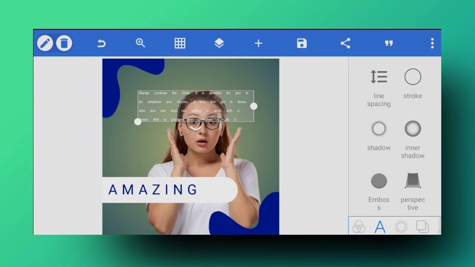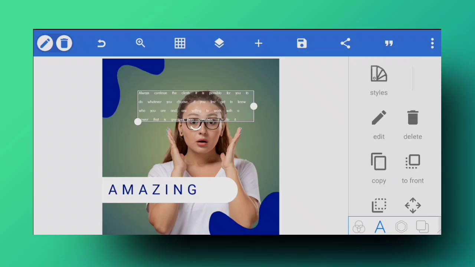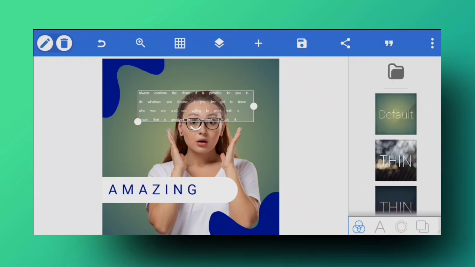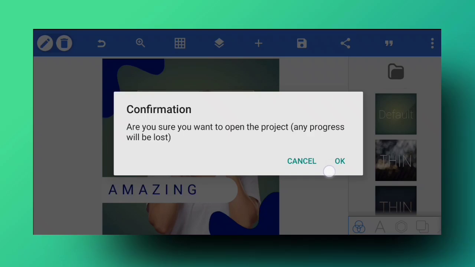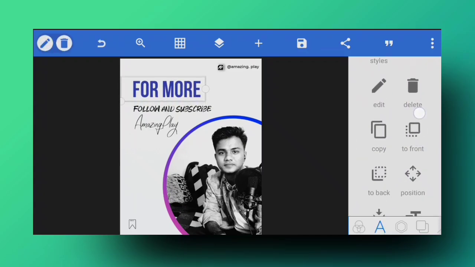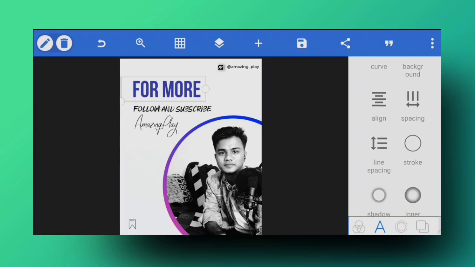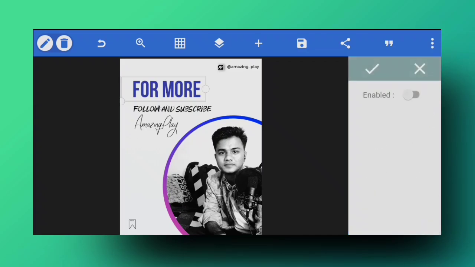So yeah, after that we've got stroke right here. I'm just going to come back into some of my designs and select this end screen. This is what I have used on my Telegram and my Instagram. With this function, you can add a stroke to your text, which will be like an outer line.